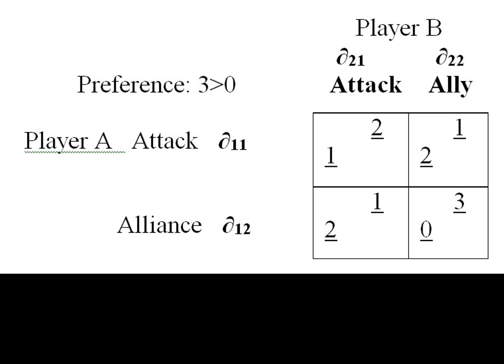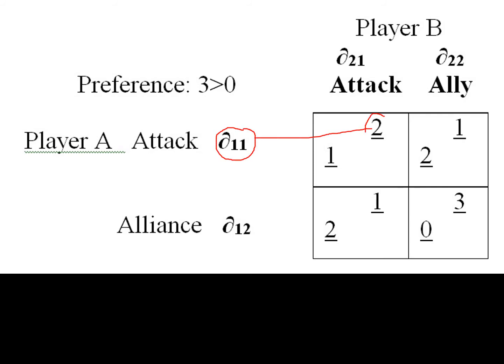So, player A is going to create an equation that needs to be solved algebraically. That equation is made up of two formulae which equal each other. Each of those two formulas are going to contain the two variables that player A has, attack versus alliance. So these variables will be applied to the opponent's values, not player A's values, but player B's values, the values of the opponent, because it's the opponent that we're trying to make indifferent. So we're going to alter our behavior to make the opponent indifferent between their